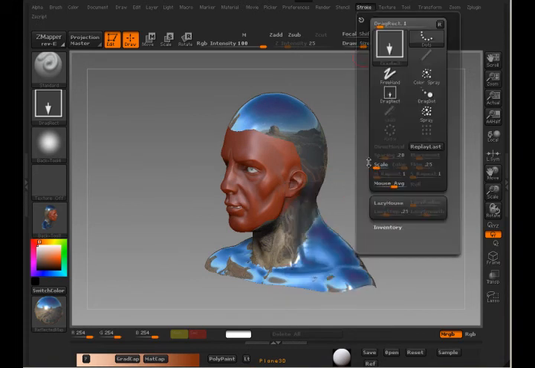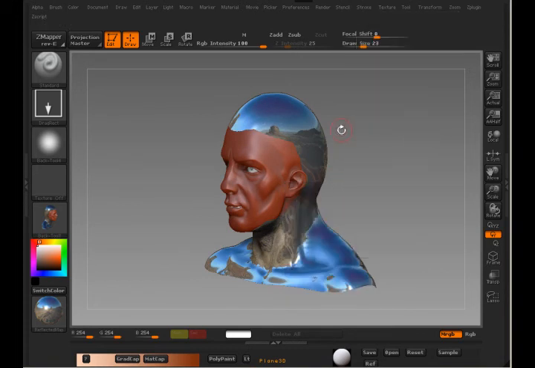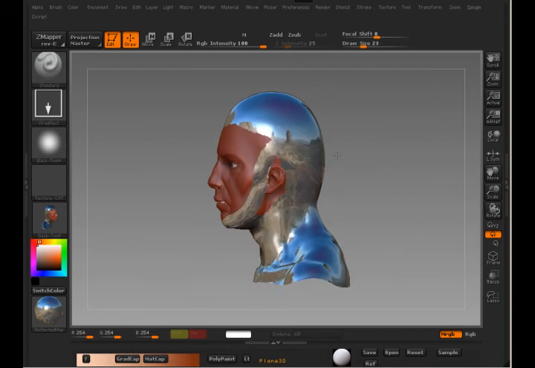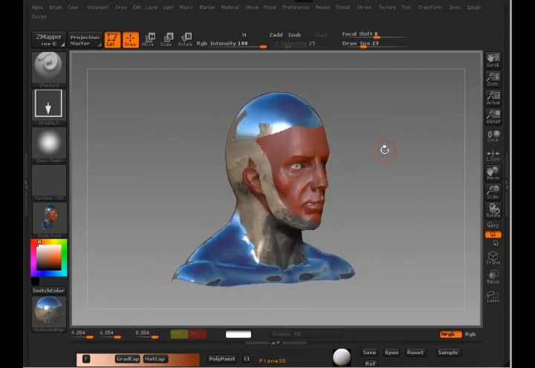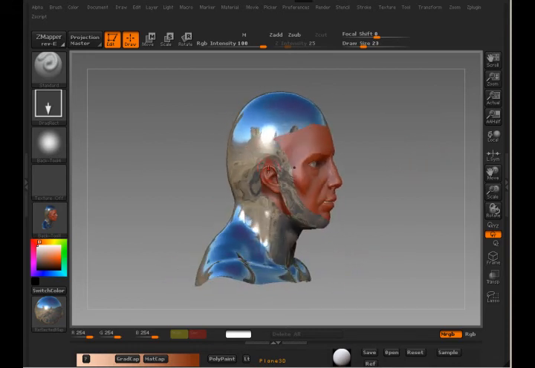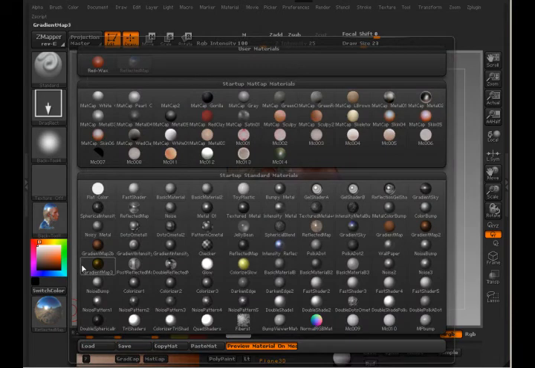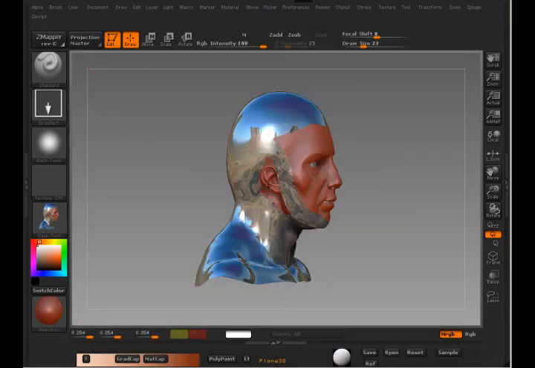I'll turn my stroke over to the lazy mouse. And if I needed to tweak back in here, see, I got a little bit of the one material on the other material there, so I would turn my stroke back off here, switch over to red wax,